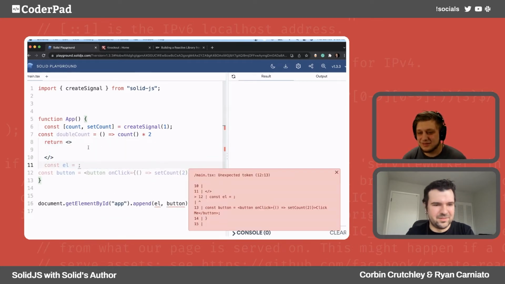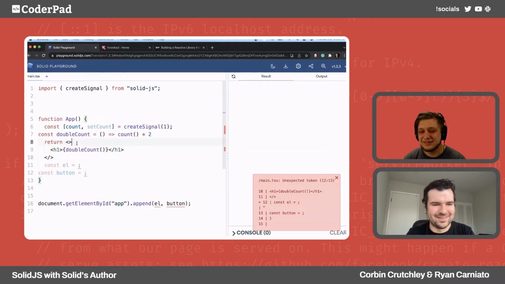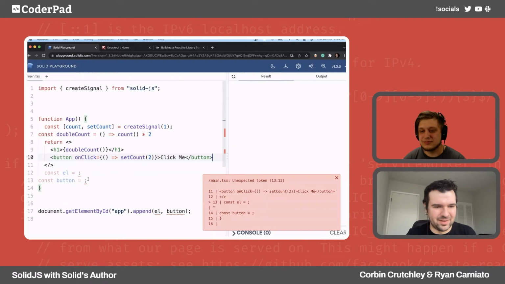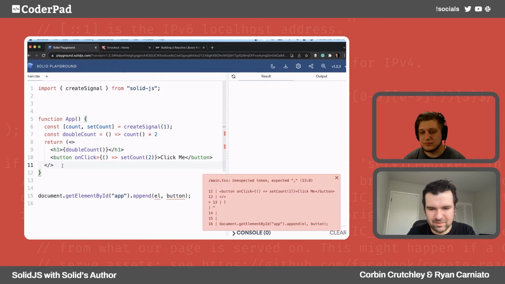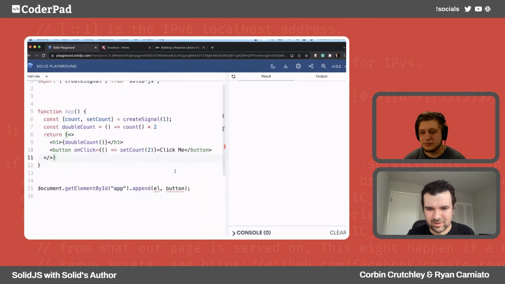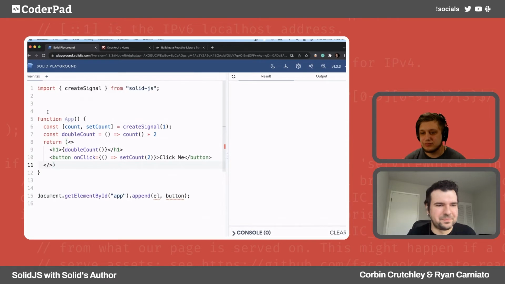I always love the playground. It's trying to help, I swear. It is trying to help. And where was it? It was H1 and then the button, and then we'll just remove that. Okay, so now I just kind of lost my formatting a little bit, but I think usually Prettier does stuff like this. We had prettification here, I'm just not seeing it right now. Literally there's a panel here. Okay.